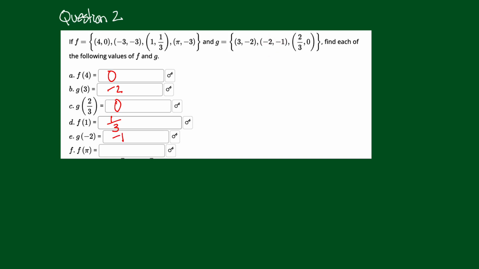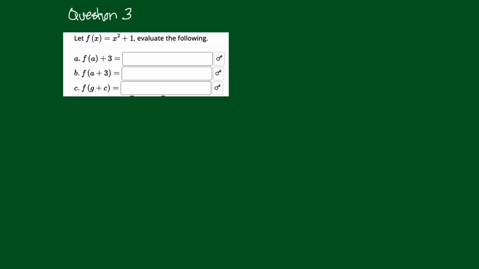All right, and then finally, what is f of pi? So locate f right up here and locate the first component being pi. Here it is right here. You put in a pi, you get out a negative 3. That's it. Here in question 3, we're going to evaluate this function here, this quadratic, x squared plus 1, at